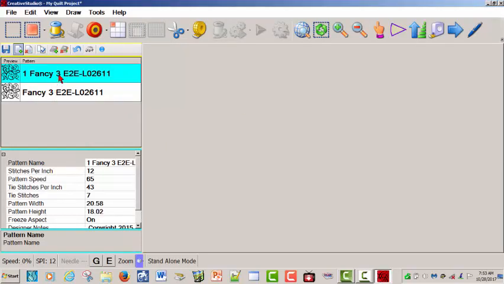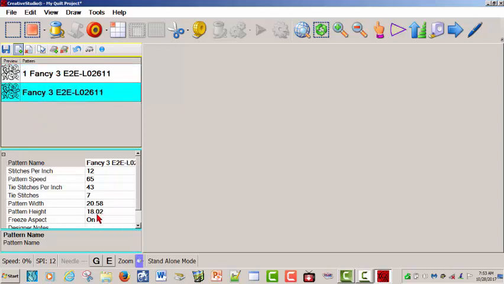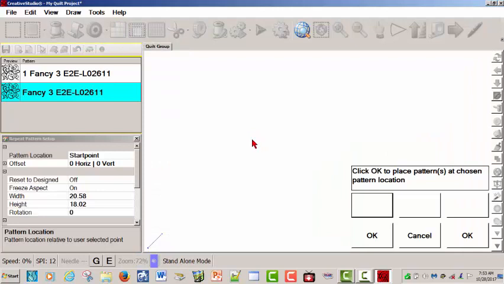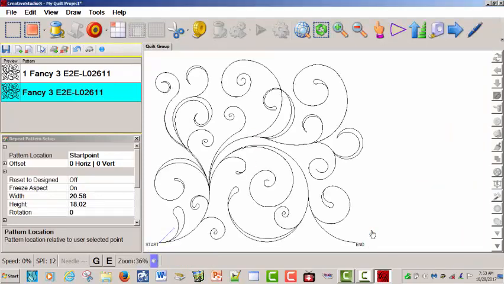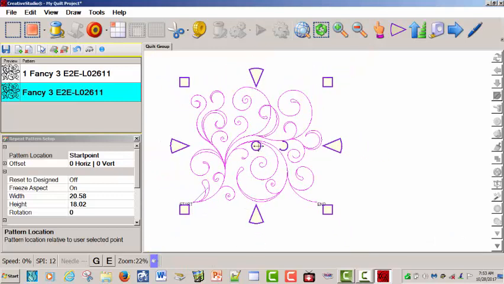I look at this top pattern. The size here is 20.58 by 18.02, and the bottom pattern is 20.58 by 18.02. So I'm just going to put each pattern on the screen using repeat patterns. I'm in SAM. Okay, I'll look at this pattern. I'm going to move it over here,